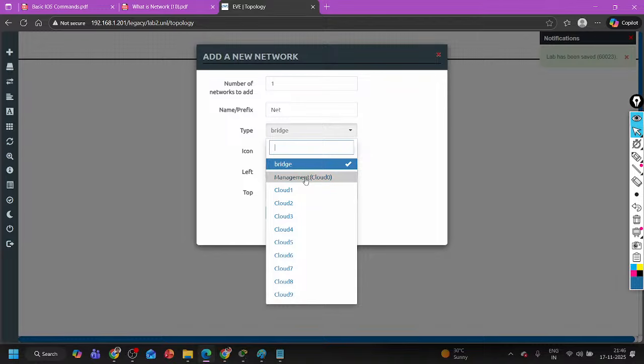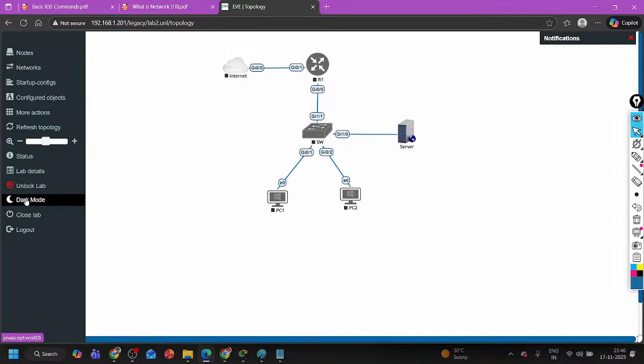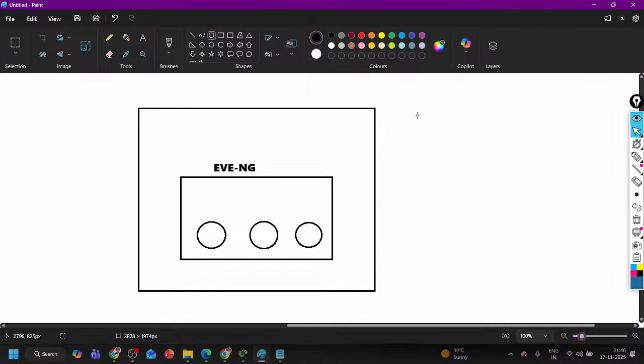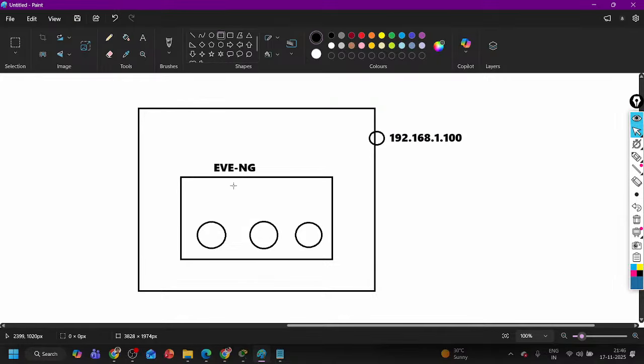This is your laptop's virtual NIC, which will connect your EVNG to your local laptop. So let's suppose my local laptop NIC IP address is 192.168.1.100, and your EVNG management interface is directly connected to this interface,